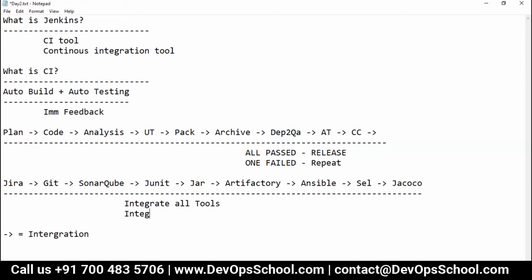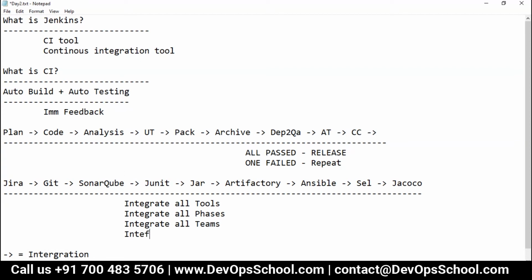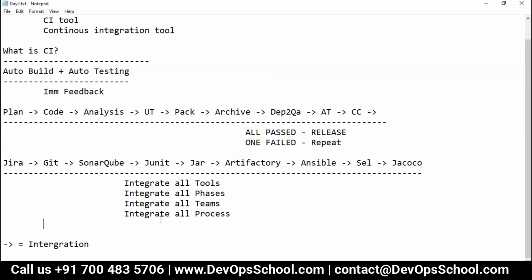Integrating all phases would lead you to integrate all teams, and finally integrate all processes. How can we do that? Do we have any tool where this continuous integration can be possible? A tool which can communicate with Jira, Git, SonarQube.